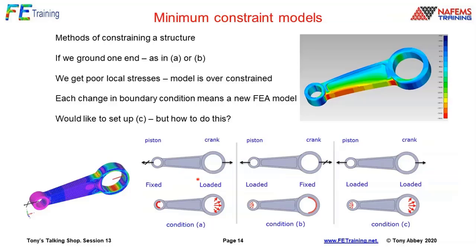Or we could say, well, we really want to know the stresses at the little end, so let's turn it around. Let's constrain this end and apply a load here. Now, we don't really want to do A or B because we get poor local stresses, the model is over-constrained. And also, every time we do this, we're changing the boundary conditions, we're changing the stiffness matrix, so it means a new FEA model. I'd like to set up C, which is just basically nicely in balance,